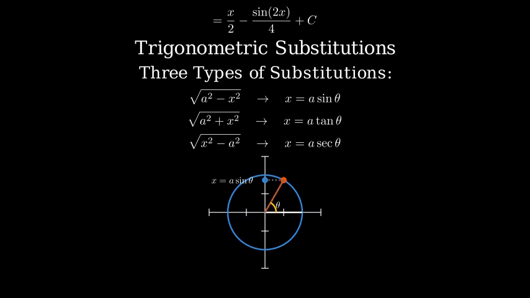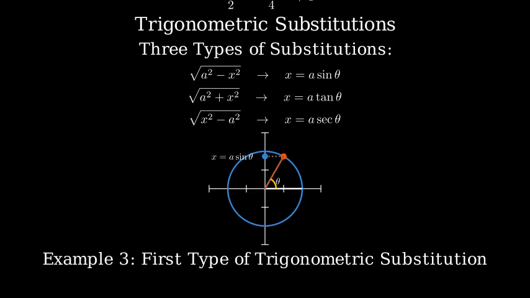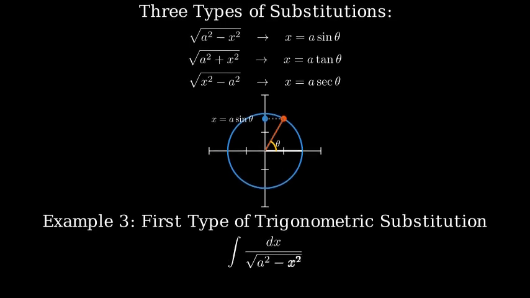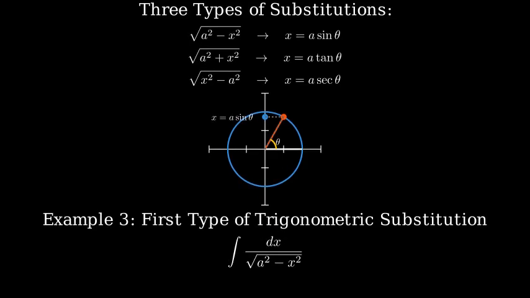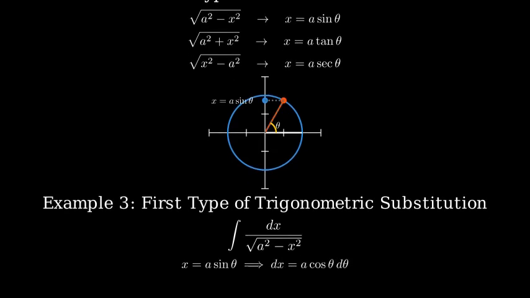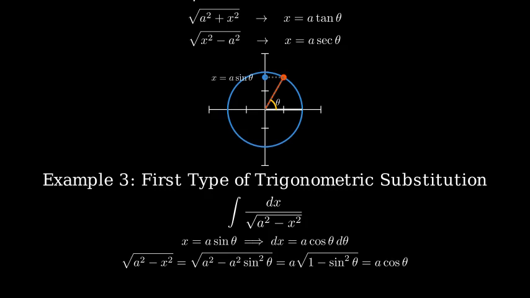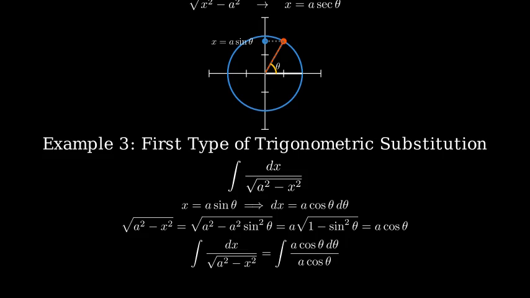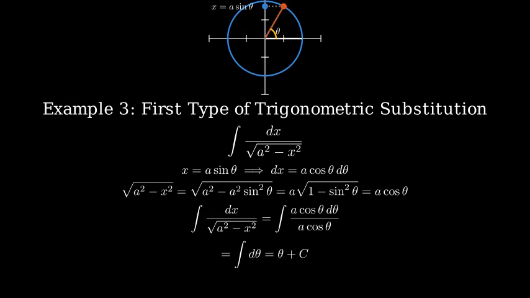Let's go through an example of our first type of trigonometric substitution. Consider the integral of dx over the square root of a squared minus x squared. We'll use the substitution x equals a times sine of theta. This means dx equals a cosine of theta d theta. The radical transforms as follows. The square root of a squared minus x squared becomes the square root of a squared minus a squared sine squared theta, which simplifies to a times the square root of 1 minus sine squared theta, which is a times cosine theta. Substituting everything into our integral, we get the integral of a cosine theta d theta over a cosine theta. The a's and cosine theta cancel out, leaving us with the integral of d theta, which is simply theta